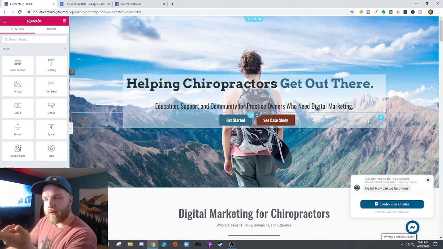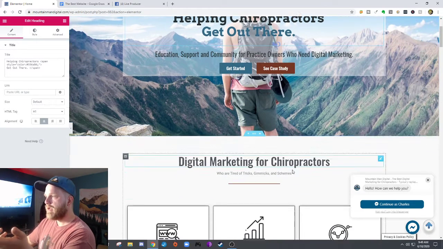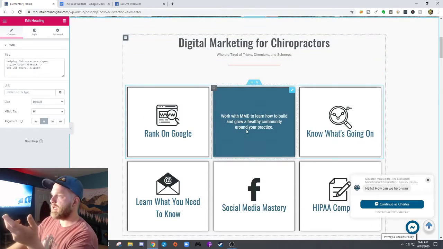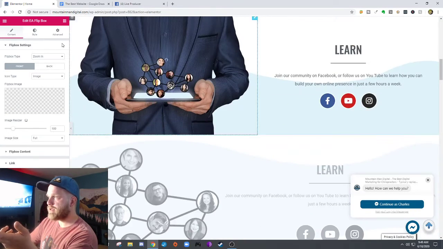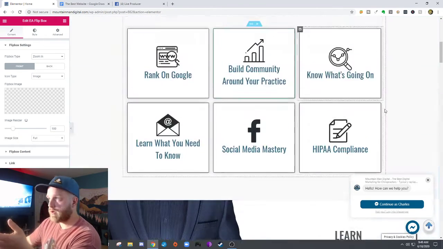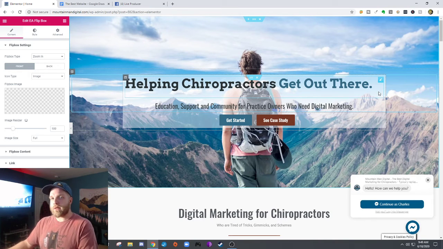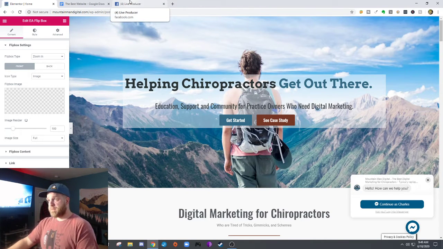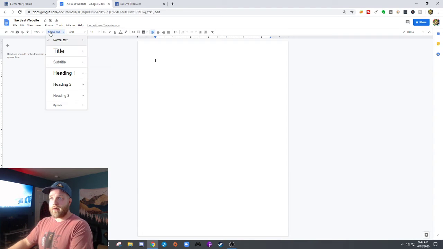And now we're in here, right? And yes, I can go in here and change this text. And I can go in here and change this text. And I can go in here and change this text all over the place, right? Or change the images. Or change the way the buttons work, right? I can do all the changing here, but it's too much at once, right? Because honestly, the way that Google looks at your site